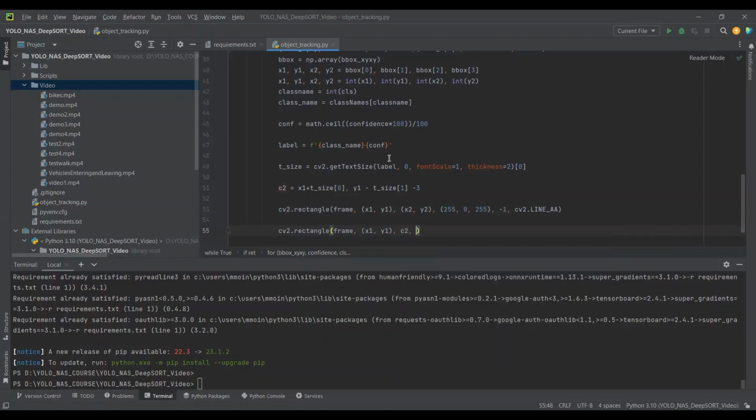So just add the same color over here as well. Okay, so just copy this from here